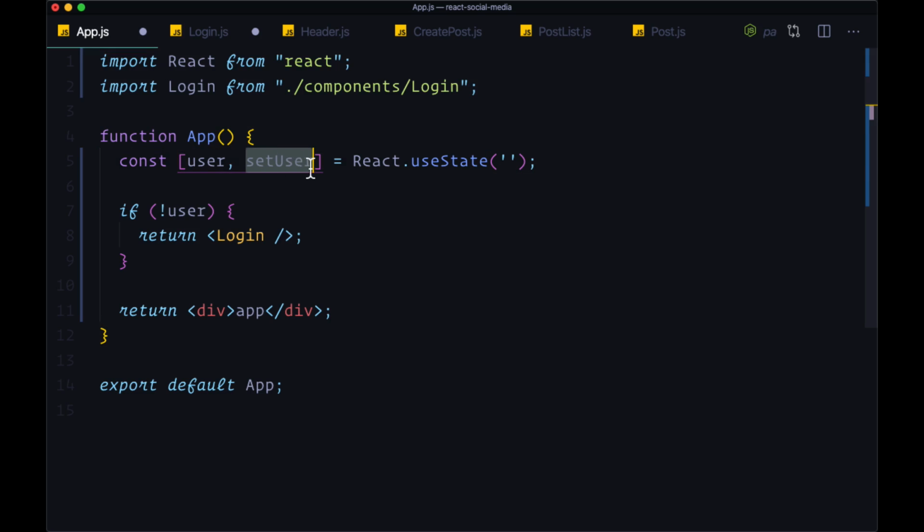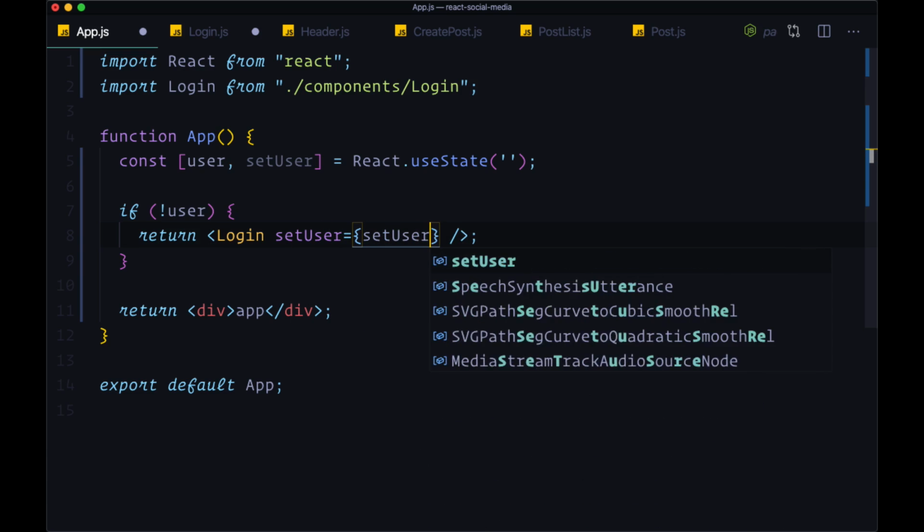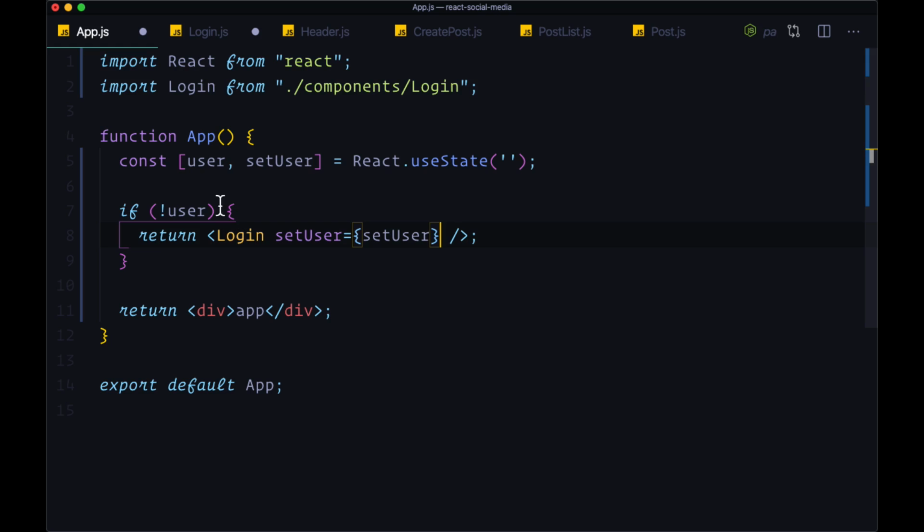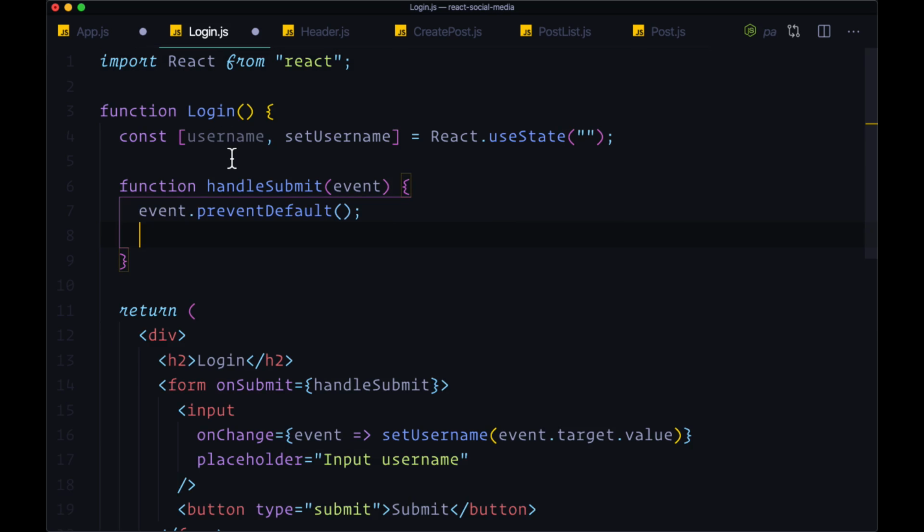We can take this set user function and pass it down to login as a prop. We can pass any value as a prop, including functions. So we'll make a prop called set user, and we'll provide the value as set user. So now within login, we can